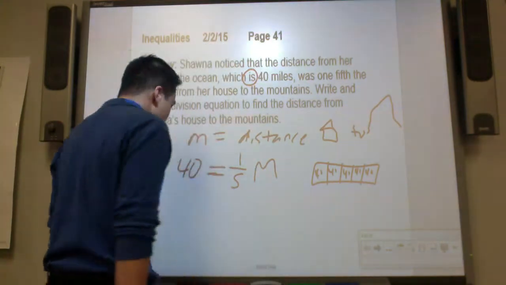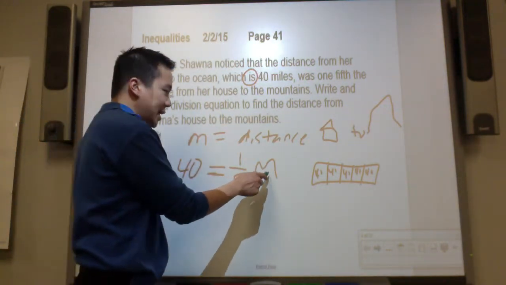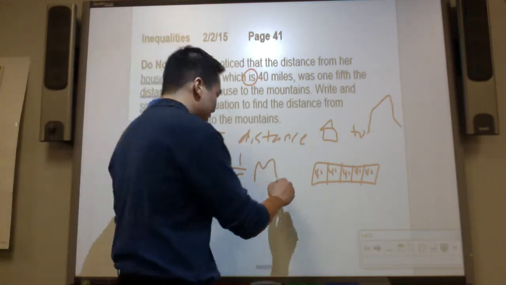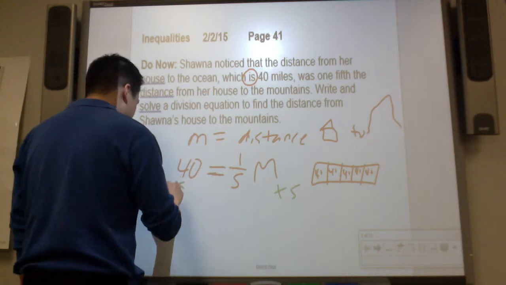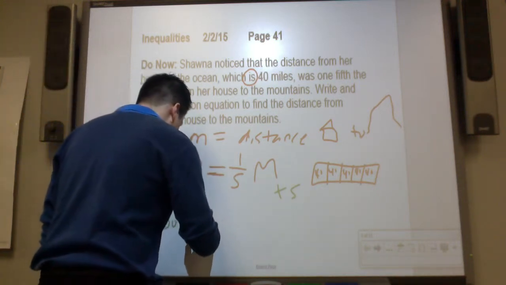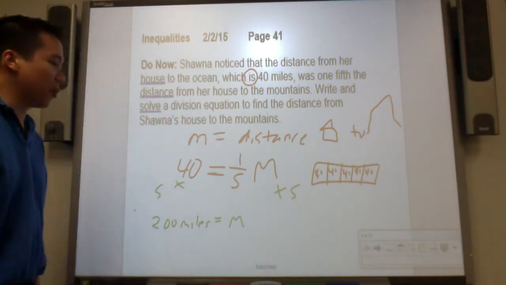So from this, we can use our inverse operation. I want to isolate this M. What is the inverse of divide by 5? Times 5. So 5 times 40 is 200 miles, which is equal to the distance from the house to